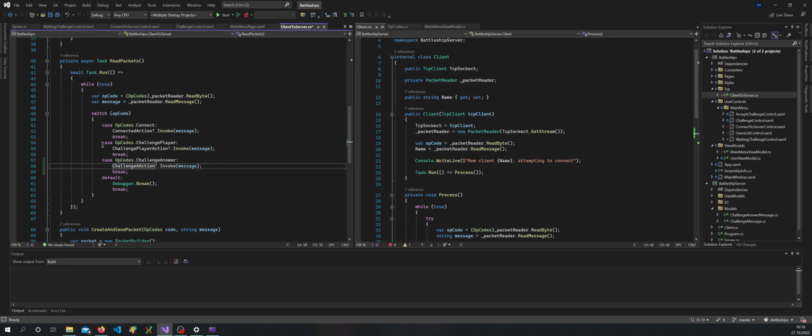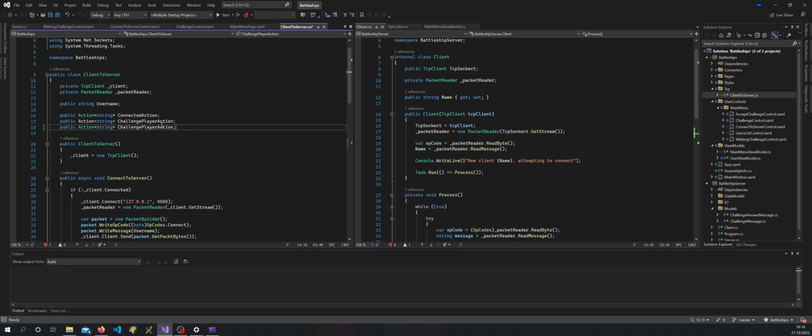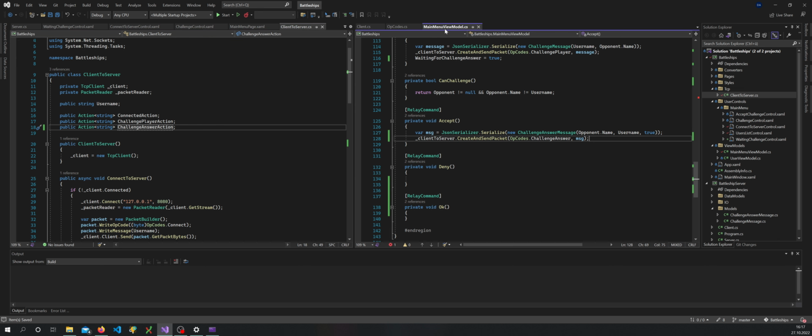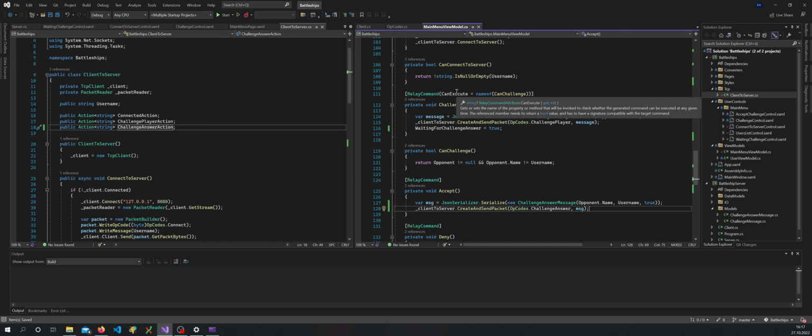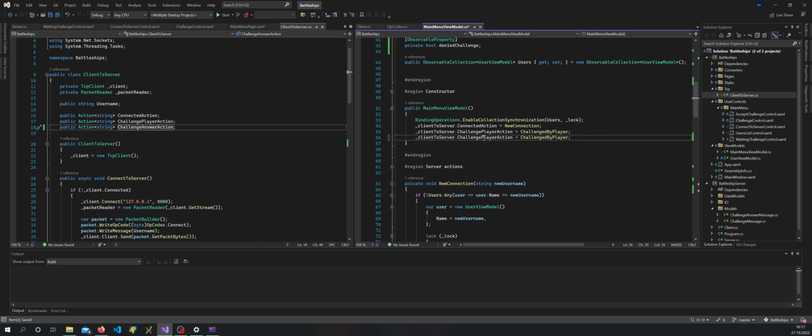So this will be challenge answer action to make a new action. Answer action, and then in the main view model and the constructor, copy paste answer